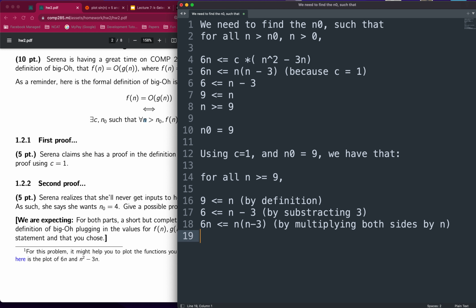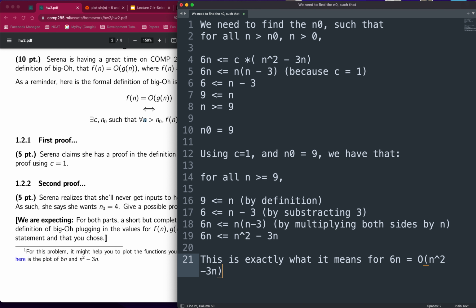And finally, that gives us 6n is less than or equal to n squared minus 3n. But you will notice this is exactly what it means for 6n to be big O of n squared minus 3n. So we have formally proved that you can actually use c equal 1 and n0 equal 9 in this